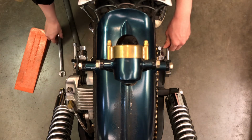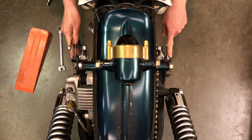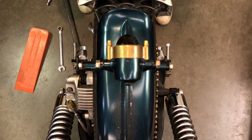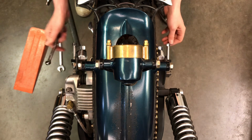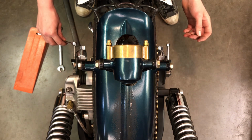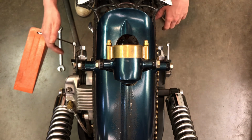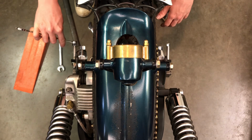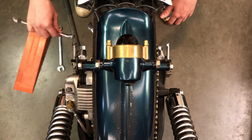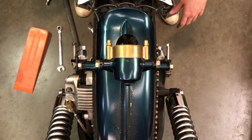And now I'm just going to tighten these up for their final tightening to make sure that they haven't moved at all. All right. So I've tightened these up to just their final, basically just double checked them to make sure that they're still snug, and they did. I turned them each probably about a quarter turn now to get them just set exactly where they need to go. So now that that's done,